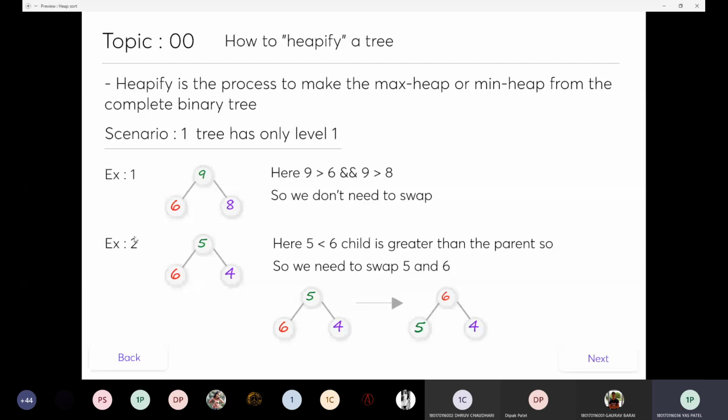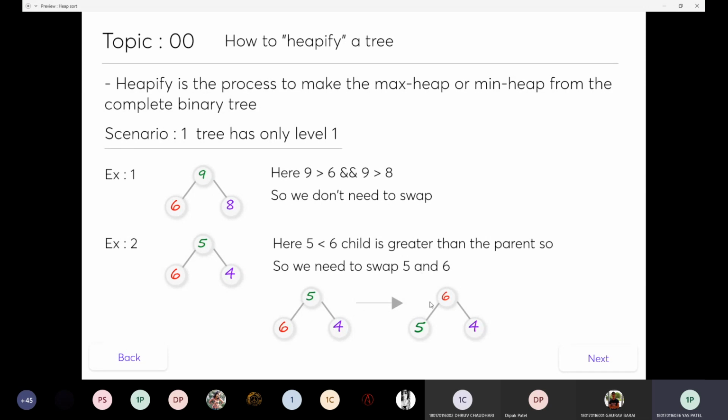Let's consider this example. 5 is greater than 4, it is okay, but 5 is not greater than 6. So we need to swap each other, because we need to make a max heap. Here 5 is less than 6, the child is greater than the parent. So we need to swap 5 and 6.